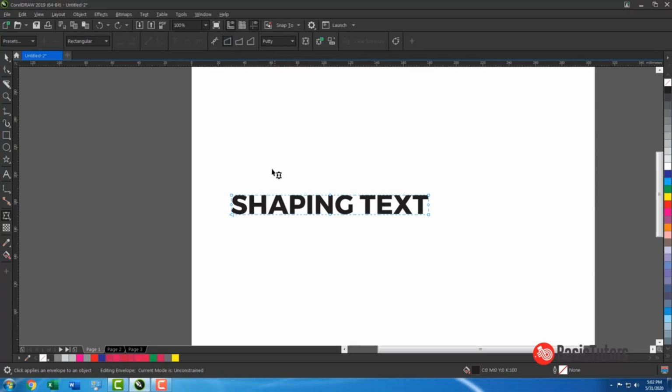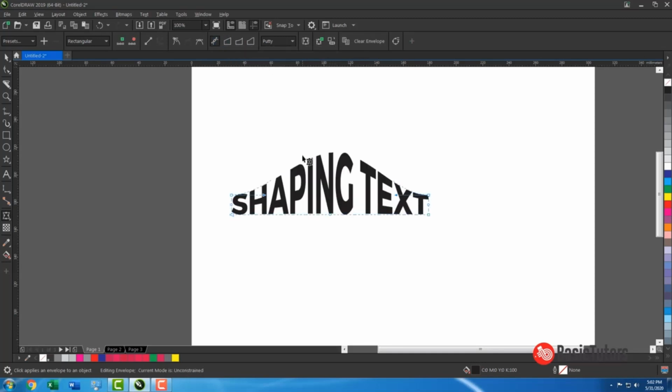This thing is straight line. Okay, and this will be unconstrained mode. You can shape to any shaping. You already know these points, like cusp or whatever. Cusp, smooth. Now it is smooth mode, I think. Symmetry. Okay,